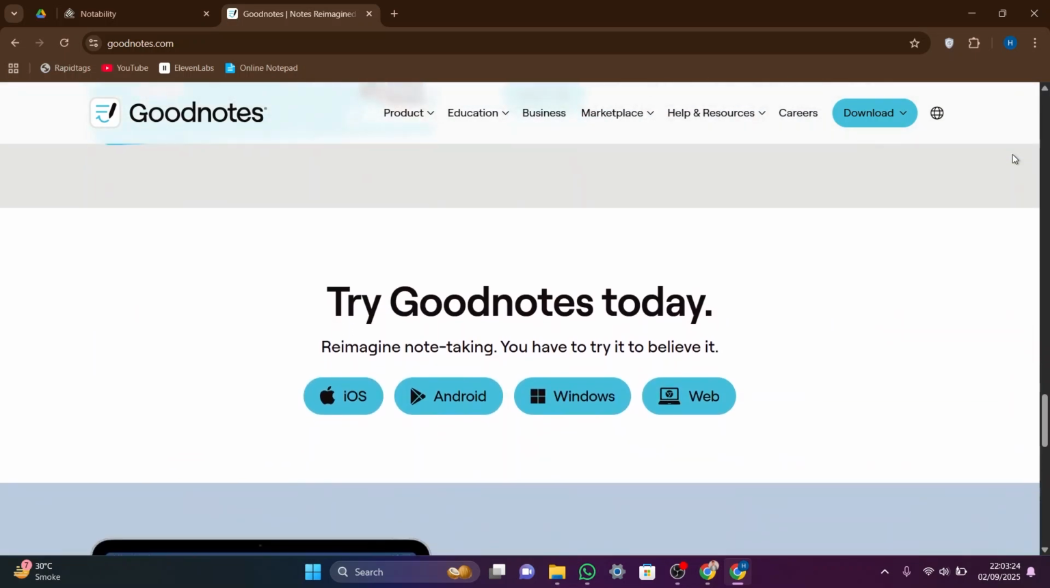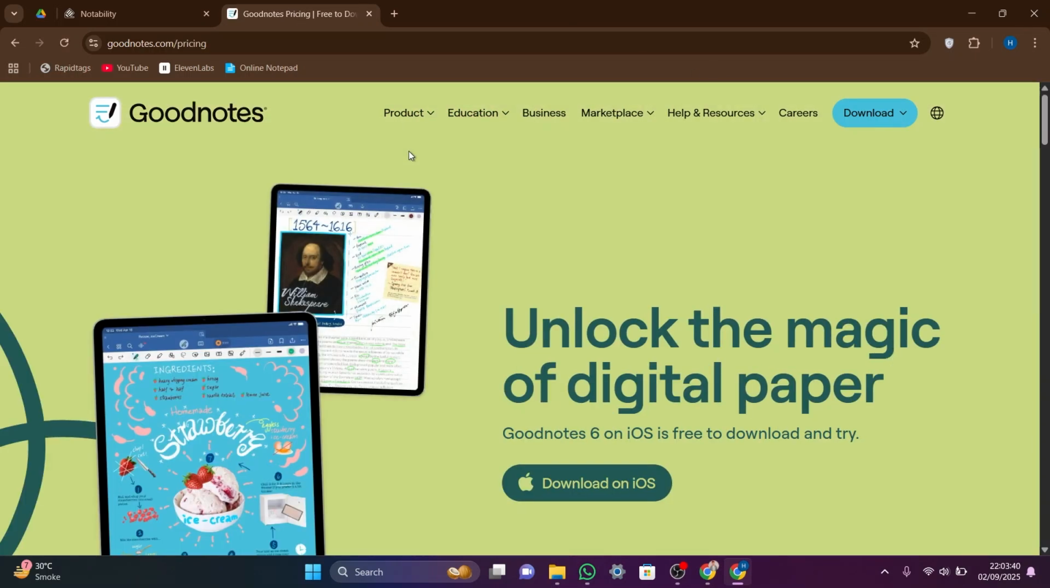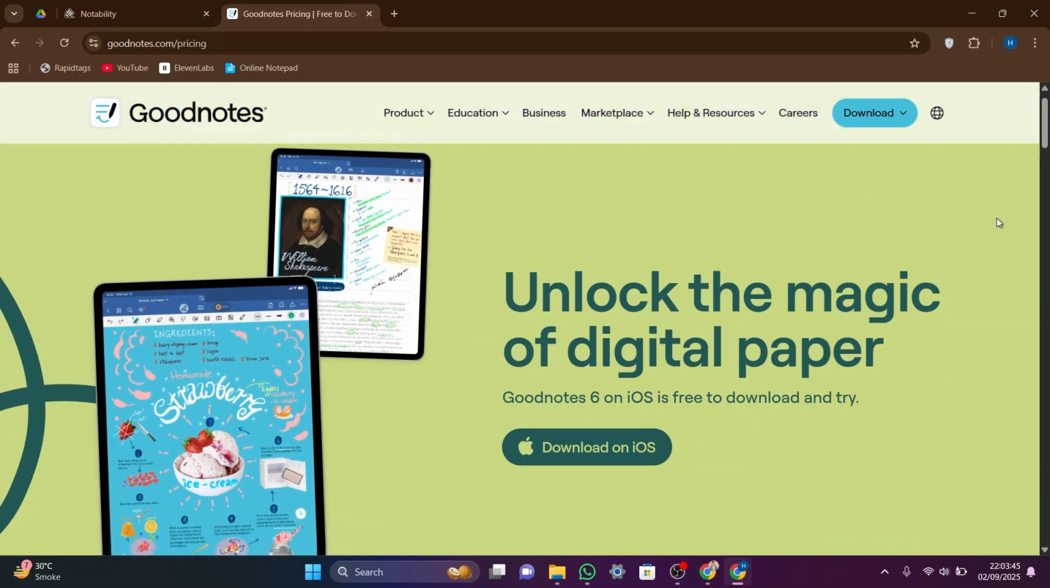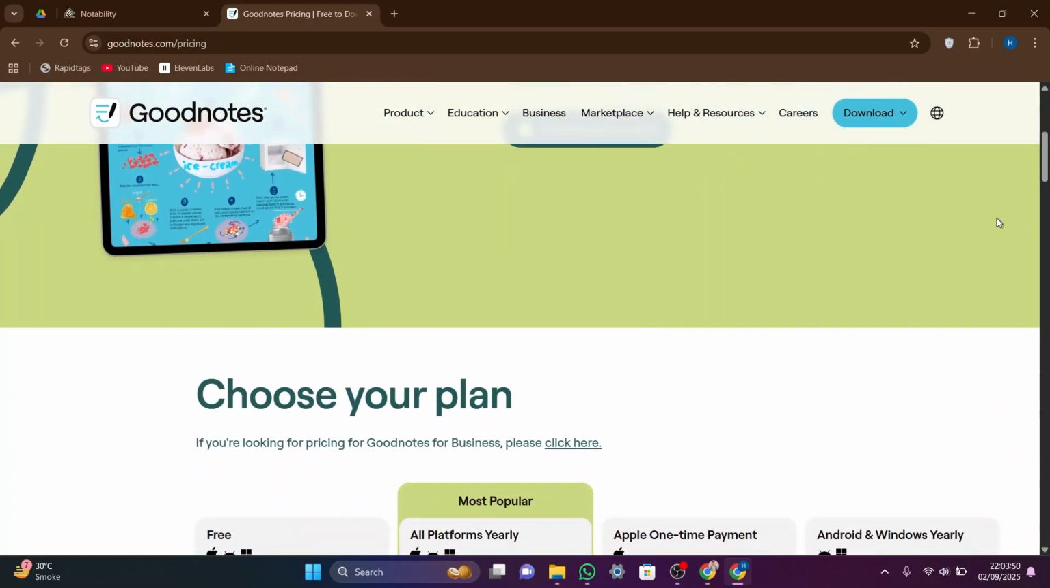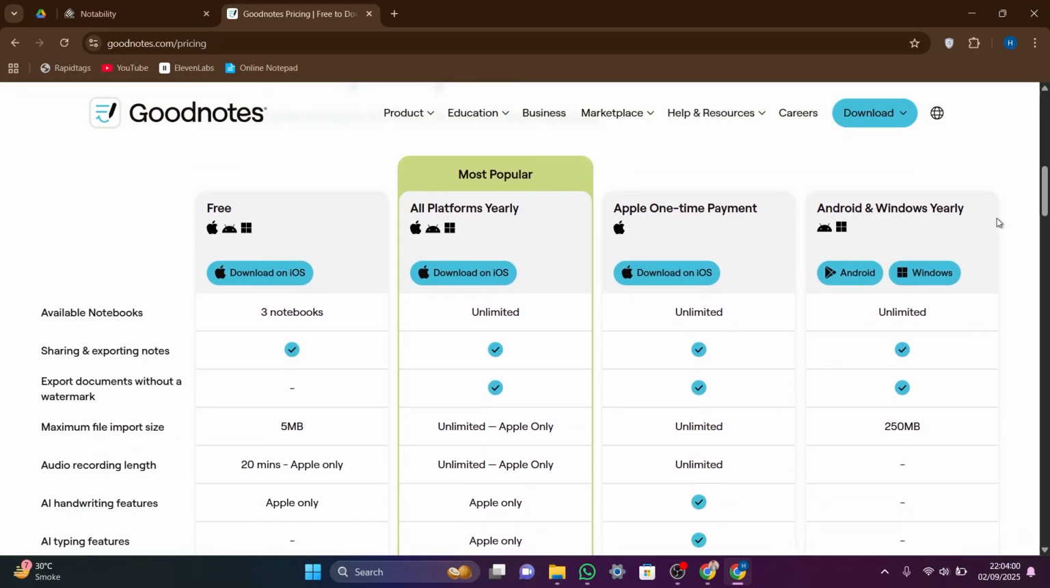GoodNotes also works well for people who like to plan, journal, or keep study notes in a very structured way. It offers great customization for pen styles, colors, and layouts. With features like collaboration and iCloud sync, it's a good fit for both students and professionals who want a more detailed,